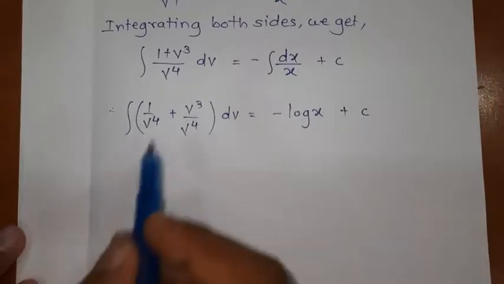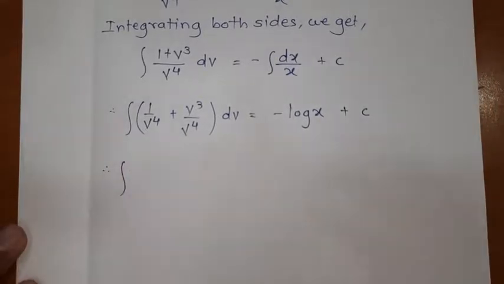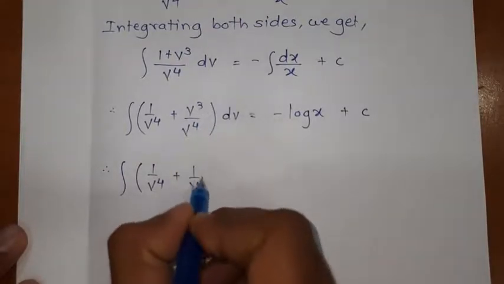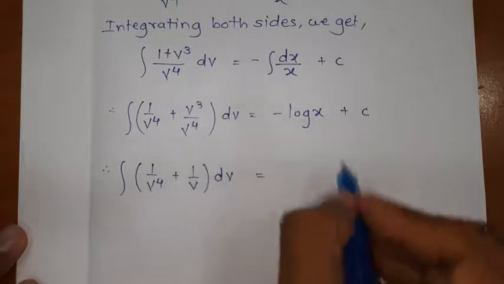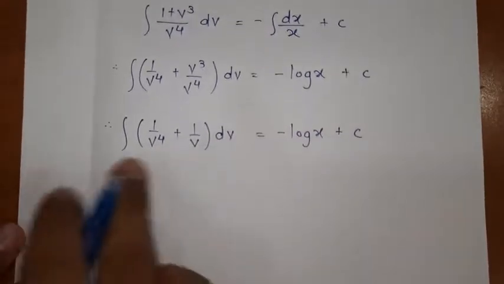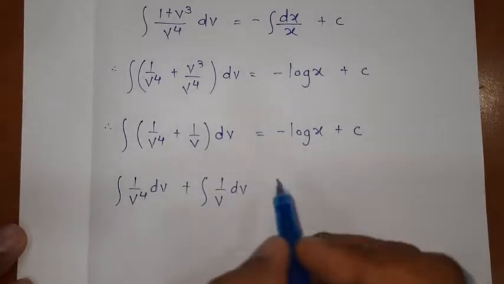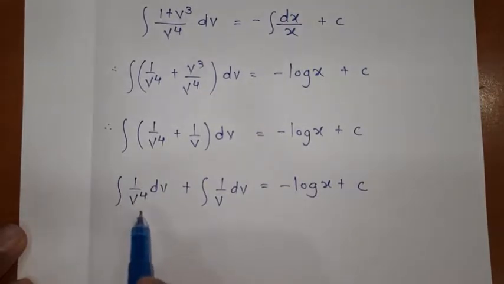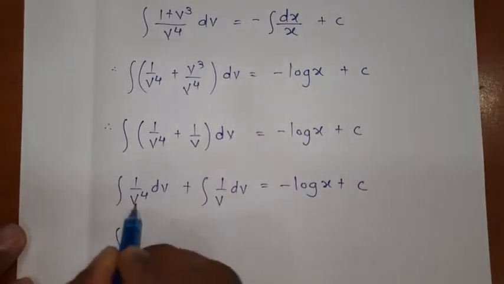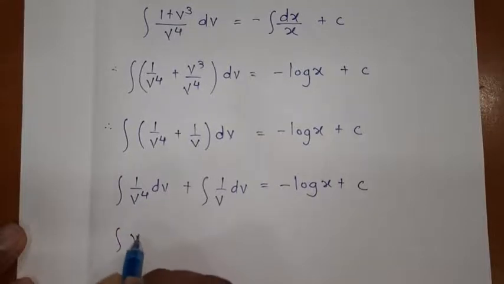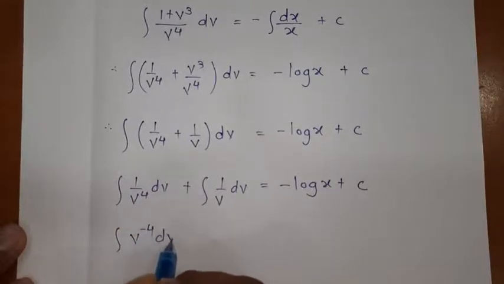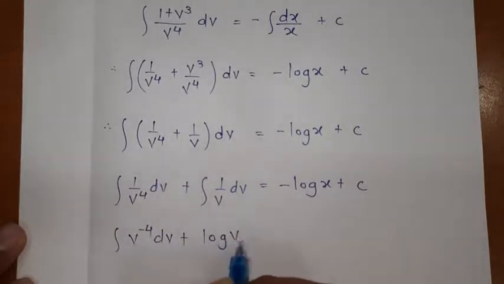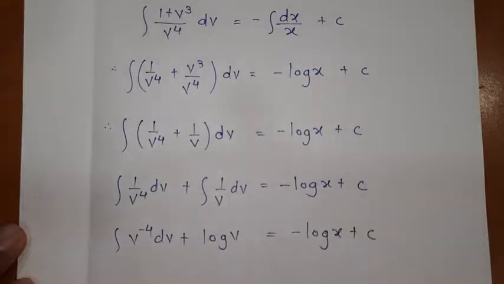So let us see what will happen if you divide separately. This will be the same, plus if you divide, v cube will get cancelled and we will have 1 by v dv. So this is the same. Now I will integrate separately. In the right hand side I am just doing copy paste. Let us see how to solve this one. Actually I will shift it to the numerator. Here is v raised to 4 in the denominator. If you shift it to the numerator, v raised to minus 4 dv. What is integration of 1 by v? Obviously it is log v. Here I will do simply copy paste.